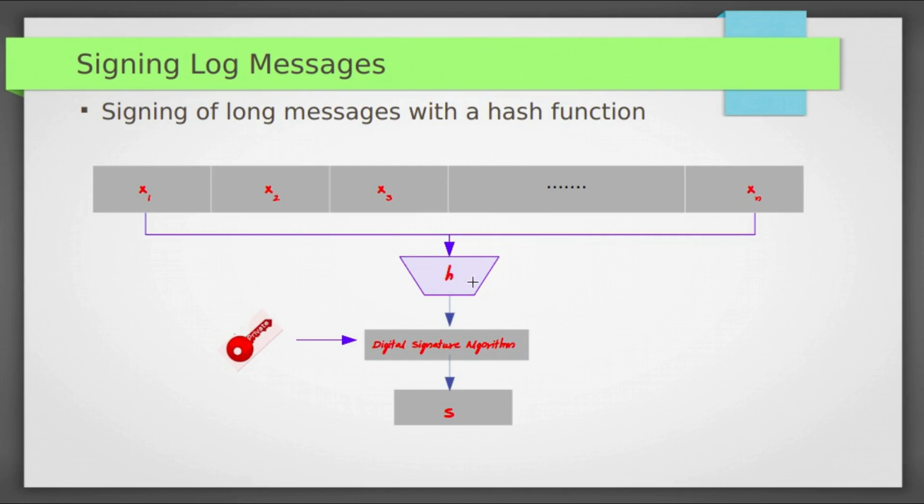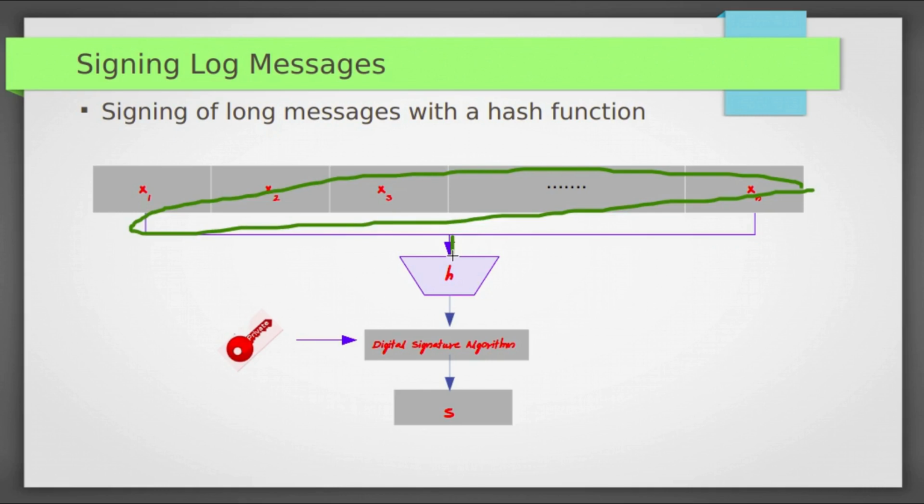Like this, we first give the entire message to the hash function. Then we will get a fixed-length hash. We can sign this hash code with any digital signature algorithm. It will produce a signature. Here we are signing the entire message one time, in contrast with the previous approach of signing each block individually. So this approach is faster than the previous one.